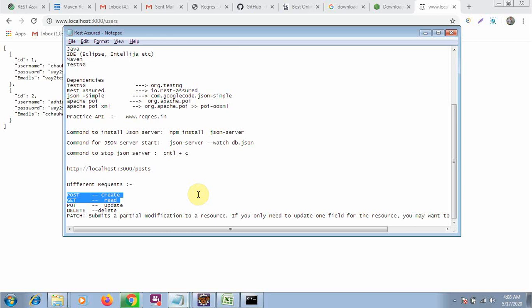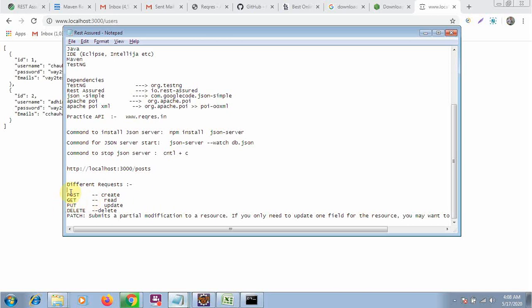So the first methods are get and post. Get means you are just fetching the data. Whether the data is in your server, in some JSON file, or in some database table, you are just fetching the data from that table or server by using the get request. It means you are reading the data from your JSON file or your server.